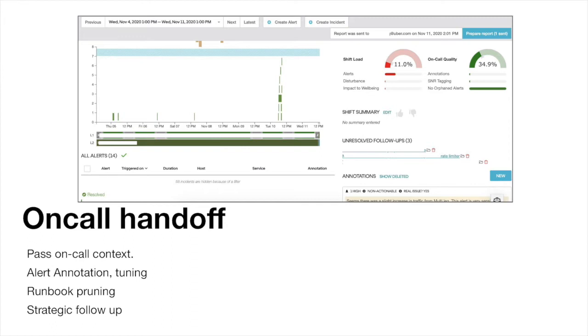We use an internally built tool called the On-Call Handoff Dashboard, or On-Call Dashboard, to facilitate all of these actions and execute this process. This tool provides us with all the summary information, things like signal-to-noise ratio and annotations. In the screenshot, you can see how the on-call shift went and how many alerts there were. From Tuesday around 11 o'clock there were elevated alerts, and the on-call person can annotate why it happened, and also tag whether it was correct or not, or correct but due to some other reason, and all of those things.